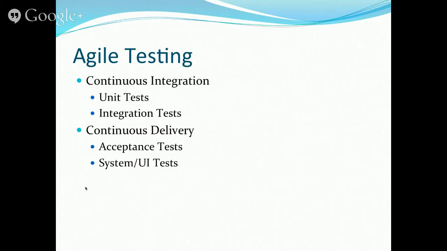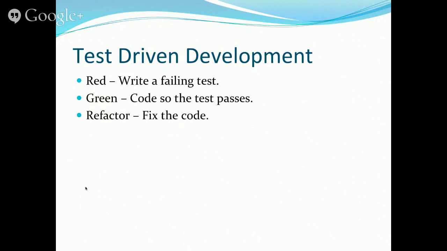So the way it fits into the Agile process, and I modified this a little bit, actually it's based on the continuous delivery stuff that I went to. They talk about continuous integration really being the part where it runs unit tests and maybe some integration tests, but then continuous delivery does all your acceptance and system UI. I think everybody's familiar with the TeamCity structure that we have, and that could change, but it's pretty close to what we got.